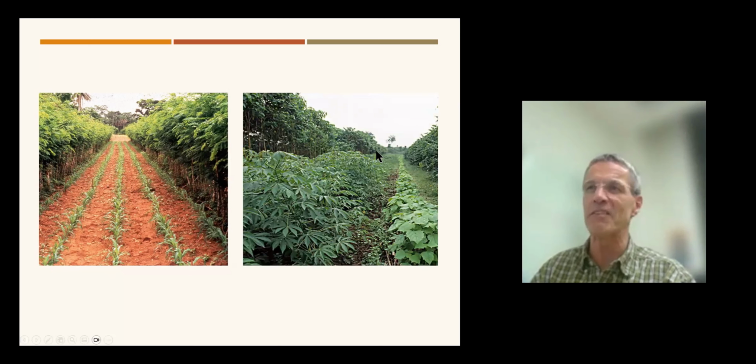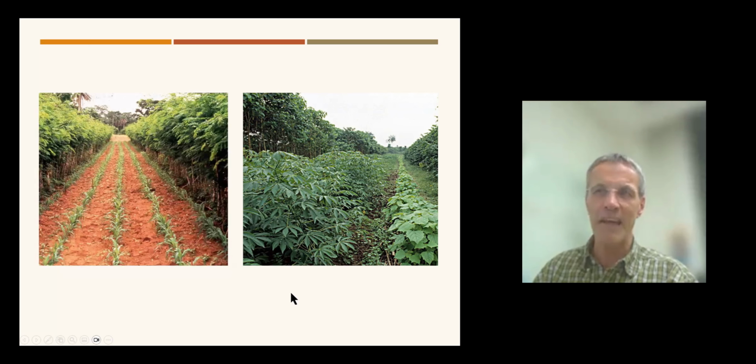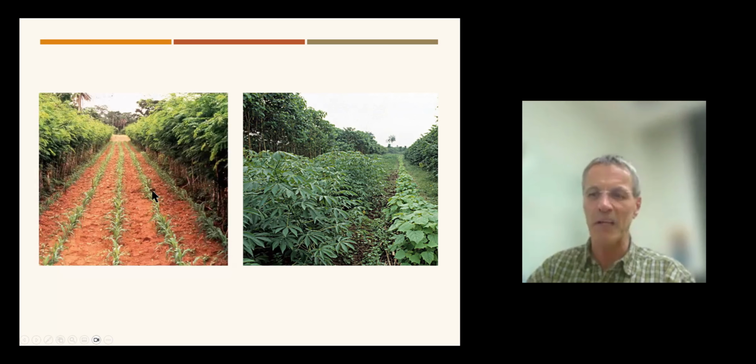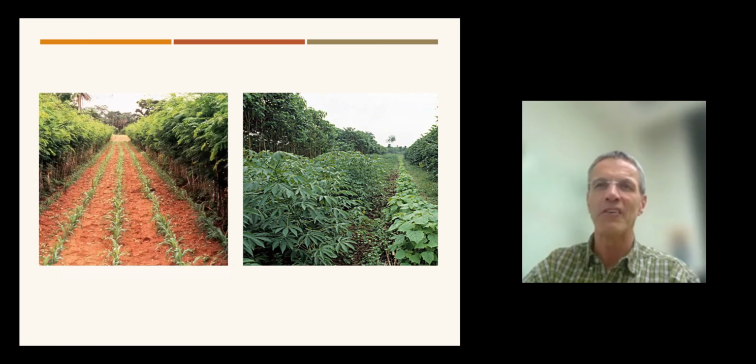Here's another system, also tropical or subtropical, because you can see cassava here, and then another crop in between those trees. It looks like they're not cutting them back as dramatically. So maybe the cassava can handle a little bit more shade than the corn can. Corn is very sensitive to light competition, so I would not grow corn or maize in a shaded system.